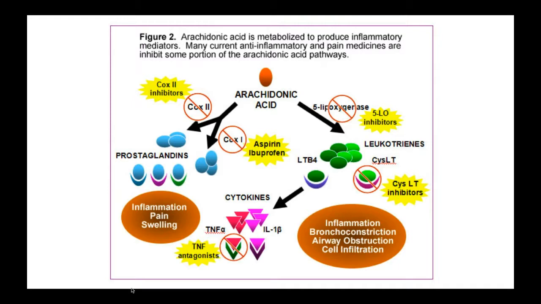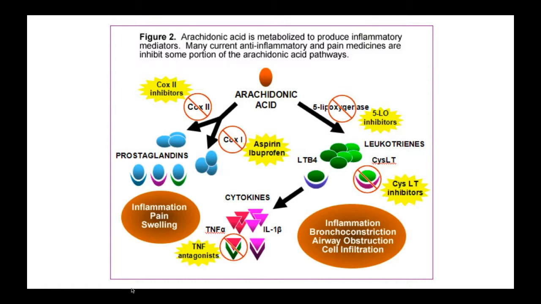Well, going from arachidonic acid to prostaglandins on the left, we need an enzyme. It's called COX, cyclooxygenase 1 and 2, COX enzymes. How do we go from arachidonic acid to leukotrienes? Enzymes, LOX, lipoxygenase. You see it there on the right. When arachidonic acid is converted by the COX enzymes to prostaglandins, you're going to have pain, inflammation, and swelling. If you take a COX inhibitor like ibuprofen or aspirin, you can block those prostaglandins. So you have decreased pain, decreased swelling, decreased inflammation shooting off to the left.